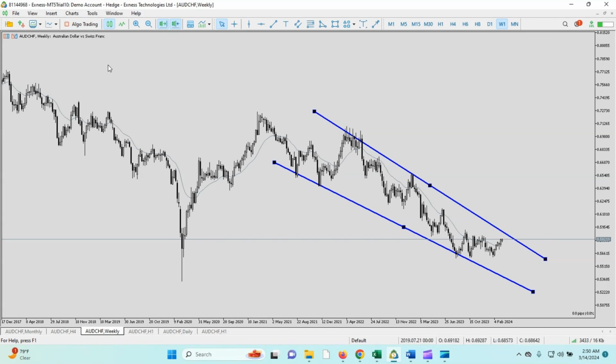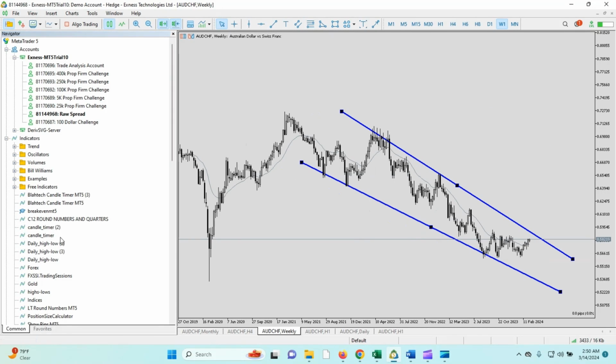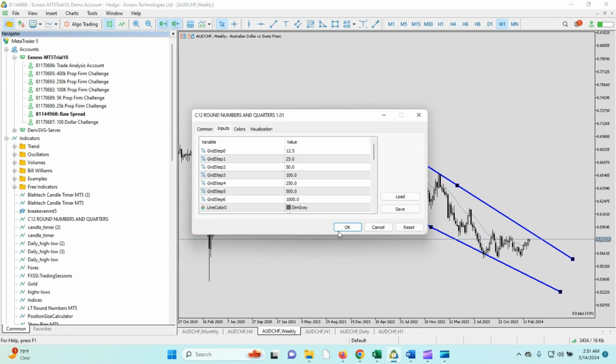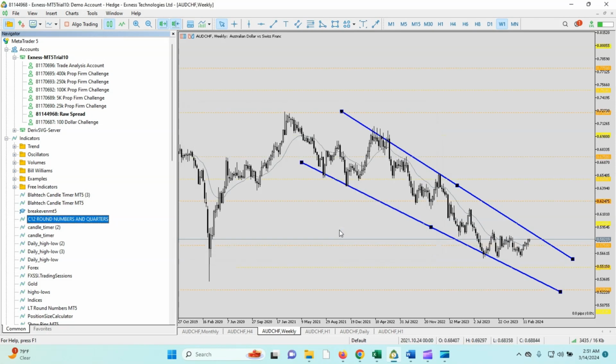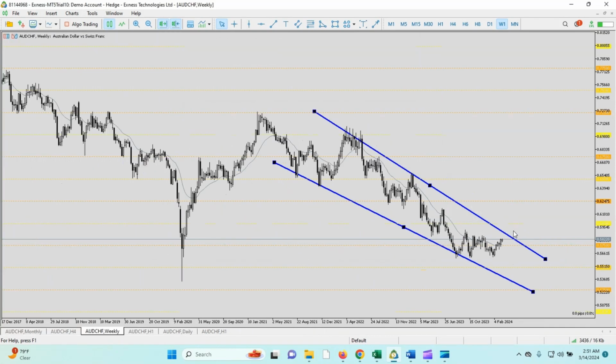So we are going to be waiting for a break. We are going to be waiting for a break of this and retest of this trend line, or it will just touch the trend line and continue going down. So the time will tell. We are not in a haste. So to be on a safe side, we are going to leave this trade